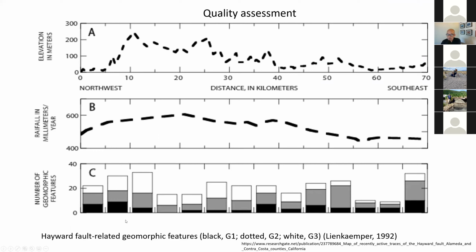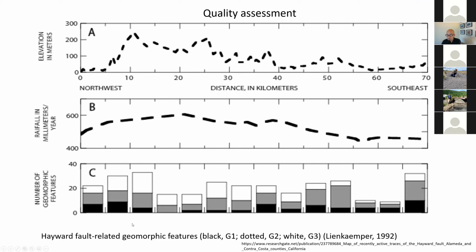So you can kind of see where the fault is. This is distance along this axis here from northwest to southeast, the x-axis, and this lower diagram C is what I'm looking at. Black, gray, and white are the G1, G2, G3 quality rankings per each 5 kilometers. And so you sort of see he's getting like 20 to 40